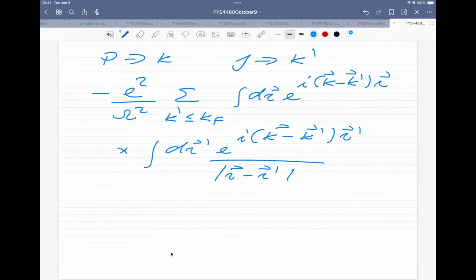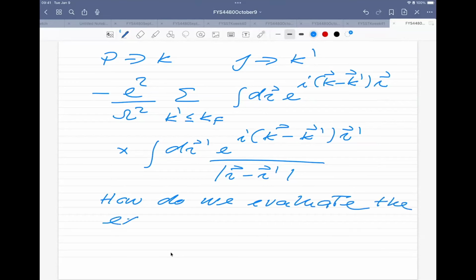So this last integral is something which we can calculate analytically, and that's what we're going to do now. So how do we evaluate the exchange term? Keep in mind that we are at the first stage. We simply want to calculate the Hartree-Fock energy. How do we evaluate the exchange term? There's a trick you can use here, and the trick deals with using a convergence factor.